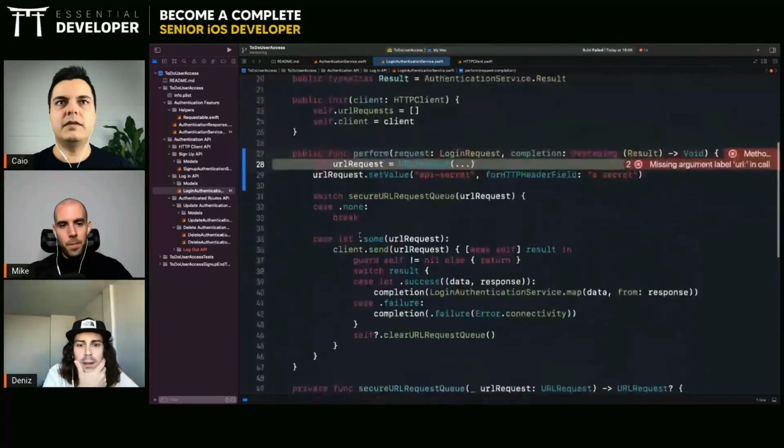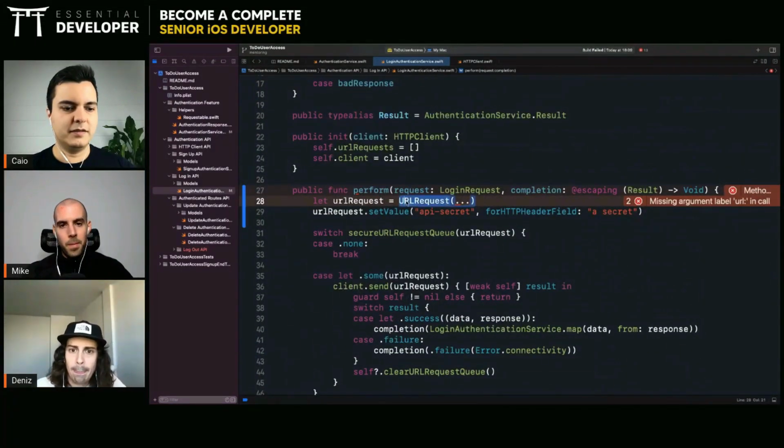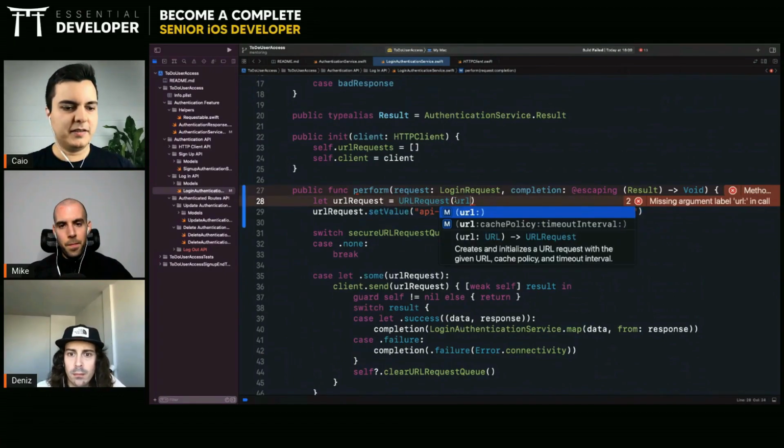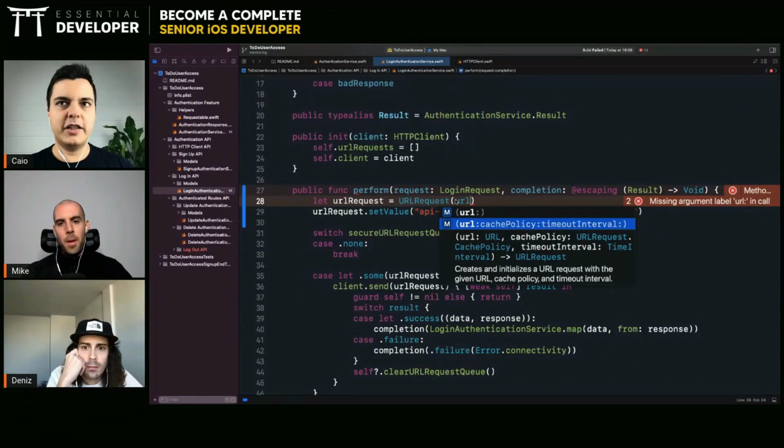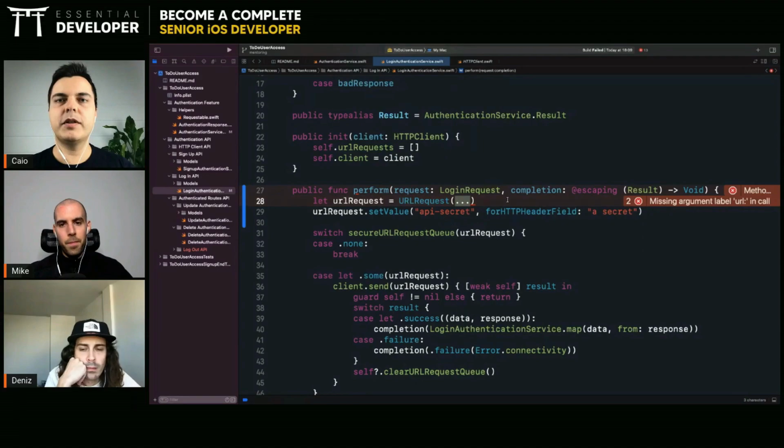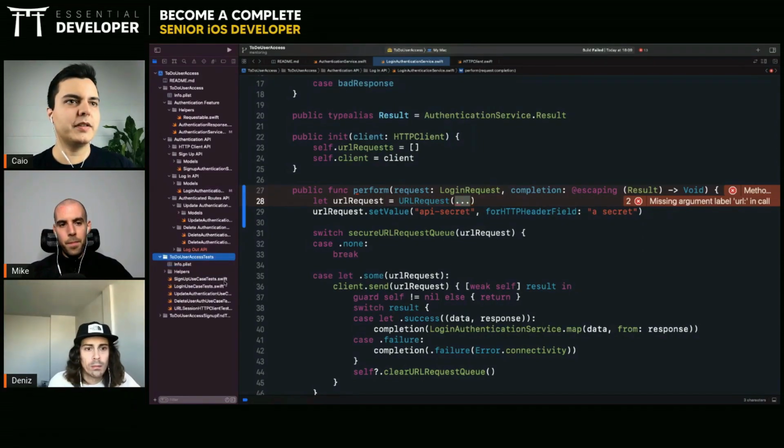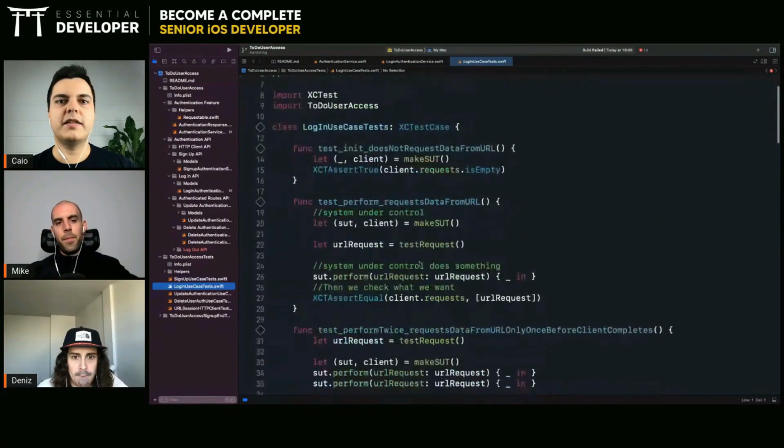Yeah, thanks for explaining, Caio. Does it make sense? Mm-hmm. So here you can also set cache policies, time intervals, like all those details can be set here as well. And you can test because let's have a look at the test. Are you capturing the? Yes. For example, here,